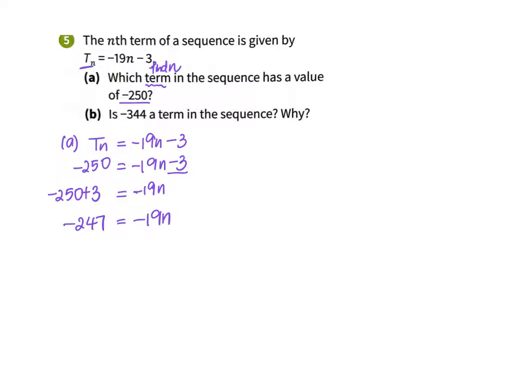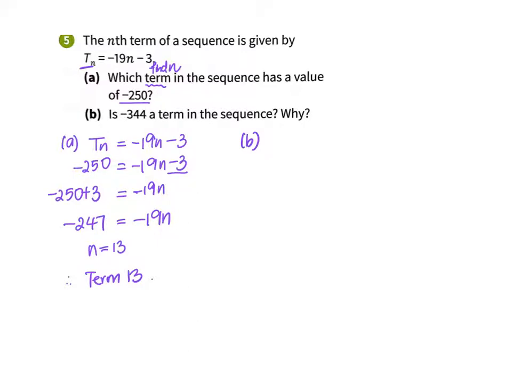How do I find one unit of n? So I take negative 247 divided by negative 19. That gives me n equals 13. So which term in the sequence has a value of negative 250? Term 13, or rather the 13th term. Okay,